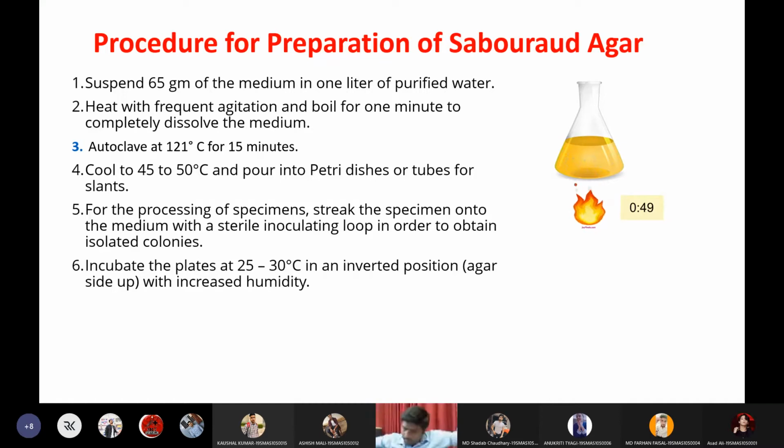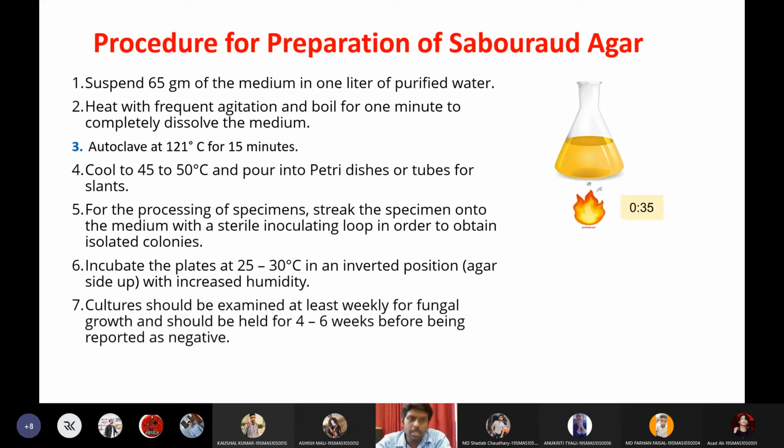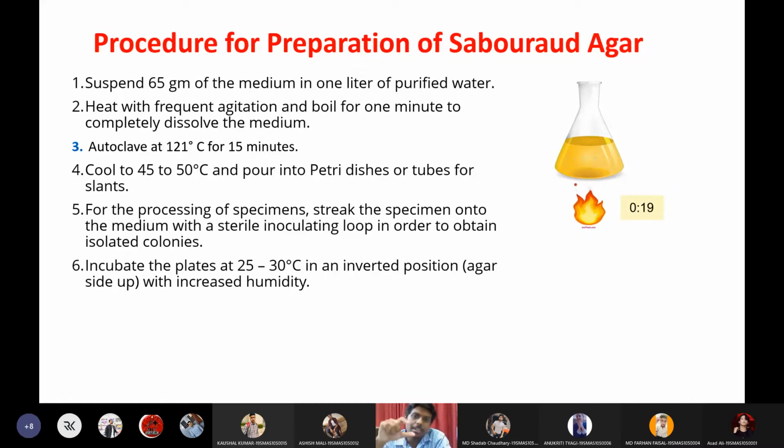Okay, so after inoculating the media with this fungal sample, now you can incubate this media at 2 temperatures. One is at room temperature, one is at less than room temperature, around 25 degrees centigrade. One will be around body temperature and one will be less than body temperature. You know what is the reason? Because fungi will grow both at less than body temperature and at body temperature. At body temperature, we will find one type of morphology, and at room temperature, we will find a different type of morphology.